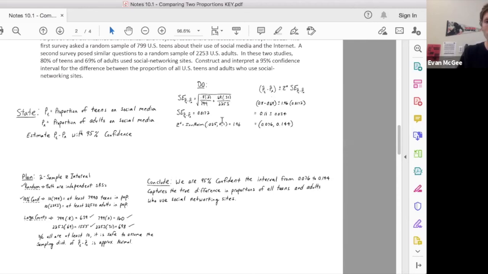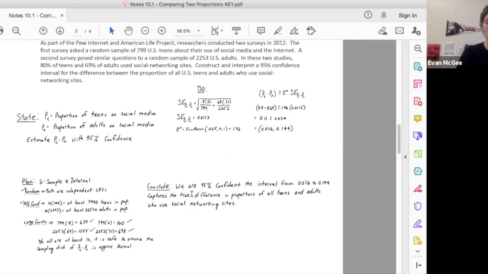So in this do section, I'm looking for point estimate is a point, critical value is a point, standard error is a point, and then of course the correct value or the interval is a point. And then the conclusion, need to say the level of confidence, need to say the interval, and you need to say the context of the problem. So in this case, it's the difference in proportions of teens and adults. So in this case, we have convincing evidence that there is a difference because all of our